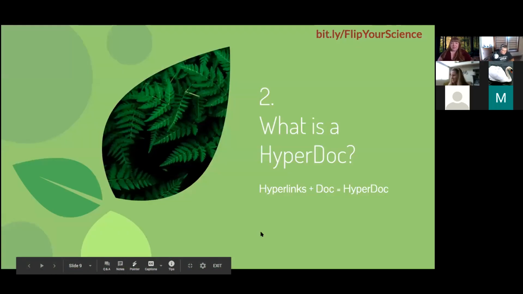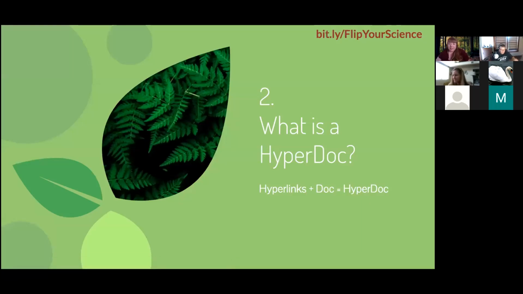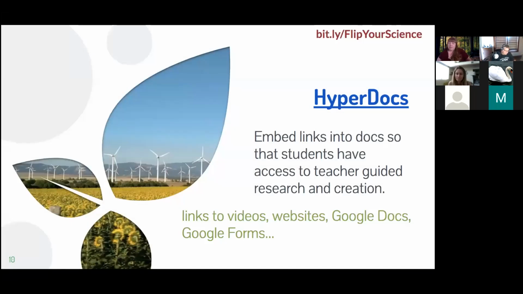Okay, so what is a hyperdoc? If you're familiar with the Google Suite and Google Documents, it's basically a Google Doc, or as you'll see here, Google Slides that have hyperlinks embedded into the document. So they call it a hyperdoc. What that essentially means is this living form that has links embedded into it.